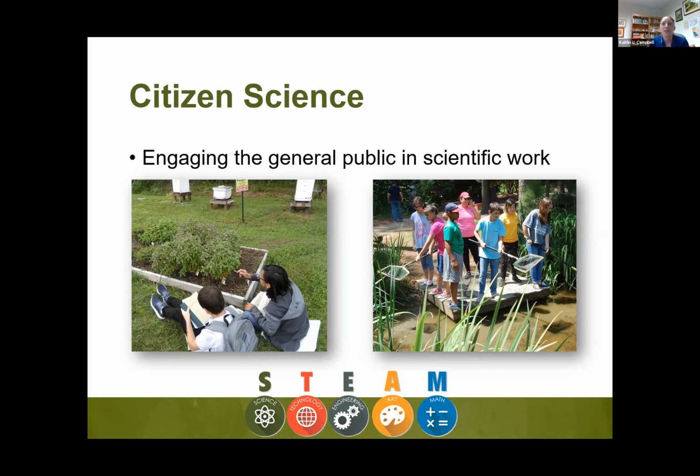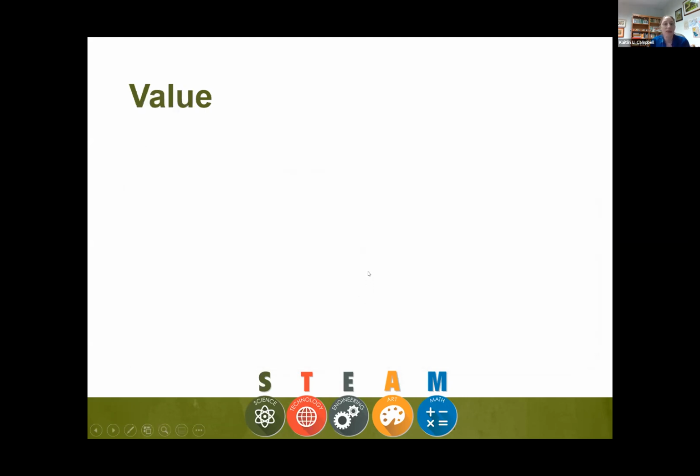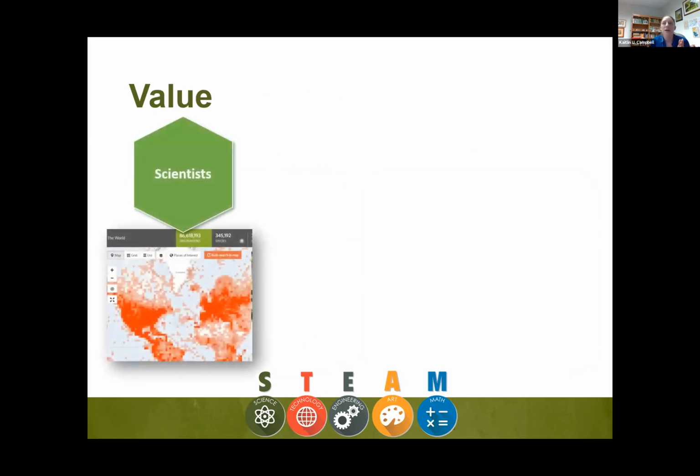But the most common approach is to have the general public collect data or to upload pictures of things. And then these will go on to some sort of accessible online platform that the scientists can then use that data for their own work. So it's really valuable for several different reasons. One of those, for scientists in particular, is that you can collect data from a really broad area globally, nationally, at a state level that you might not be able to do on your own or even with your research team. You don't have to pay these people. These people are eager to collect data for you, and you get millions of data points in some cases.